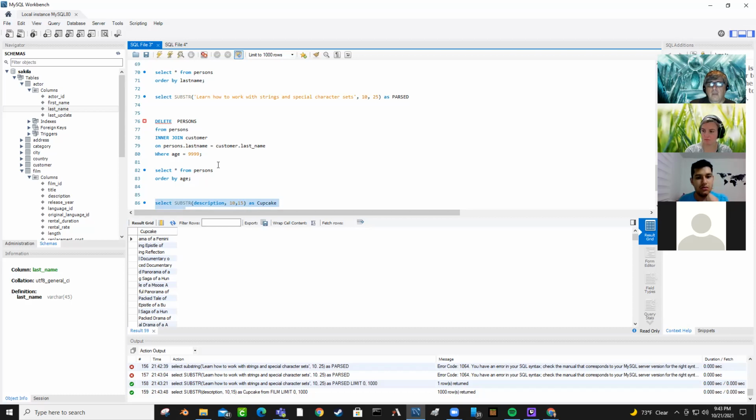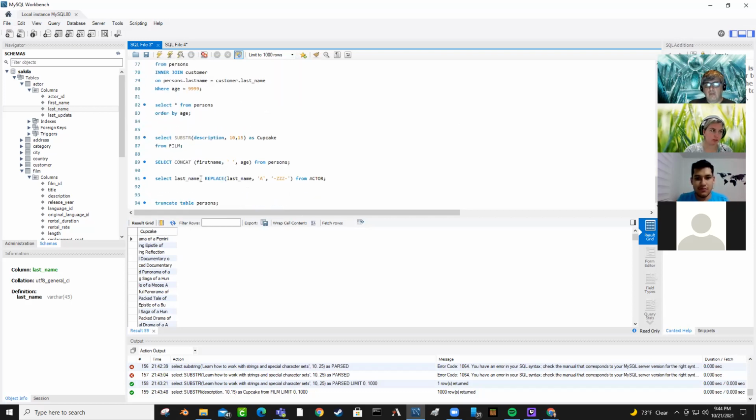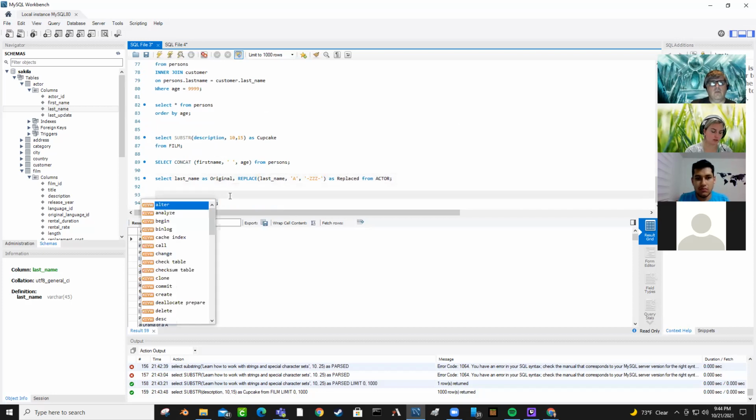Whenever you're bringing a value into a table, even if it's a regular one, like here I've got last name replace, I can do this last name as original, and I can do this as replaced. I'll even spell it right. So when I run this,